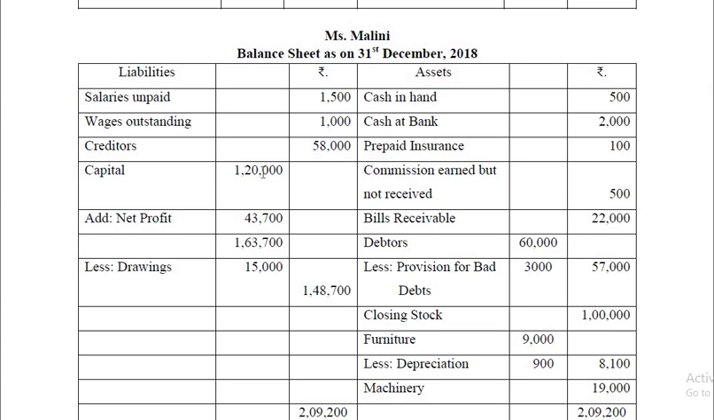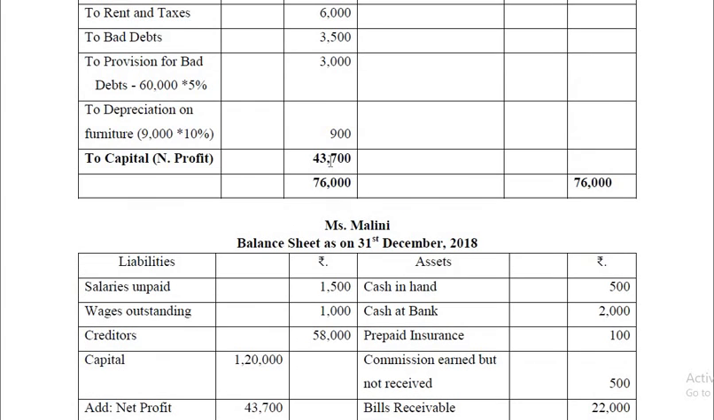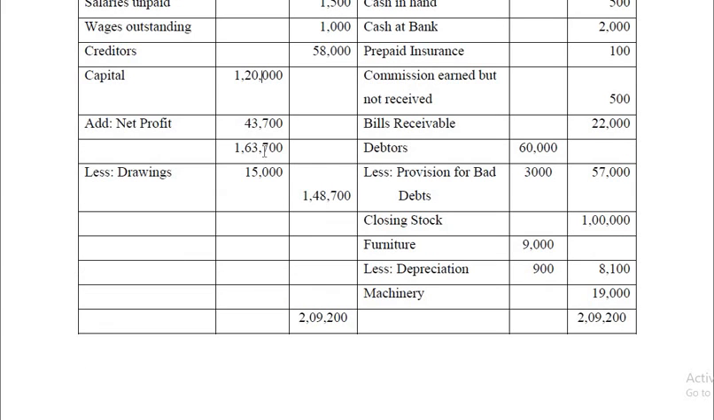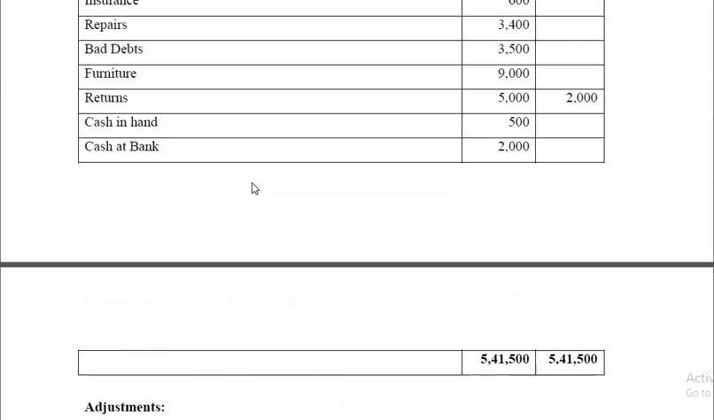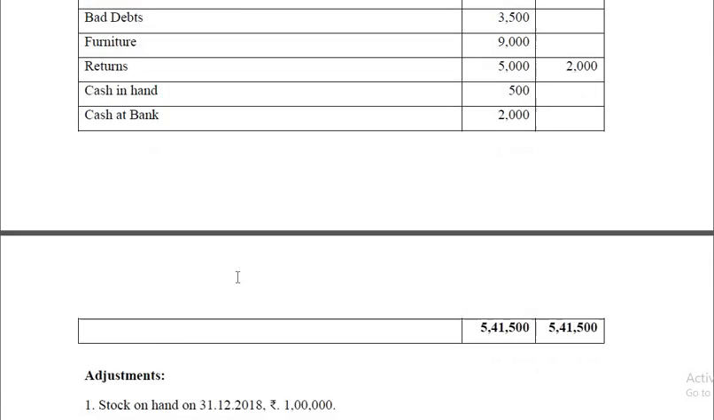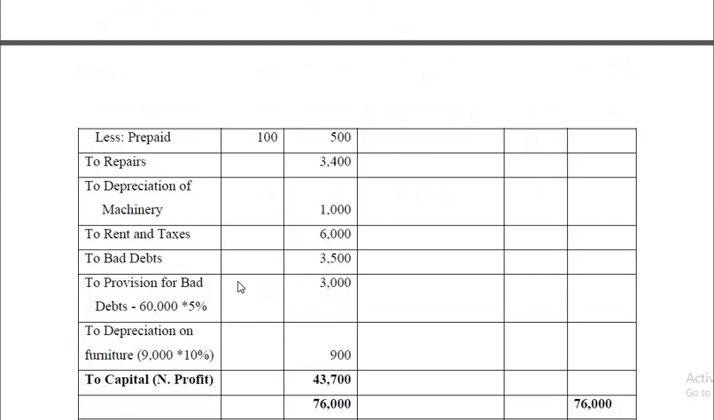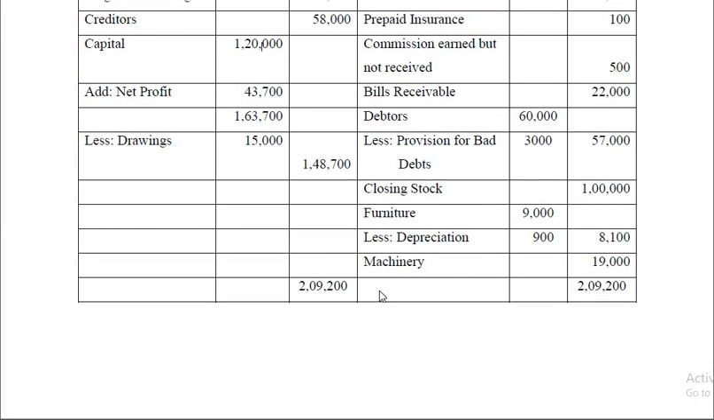Capital as per trial balance is 1,20,000 and net profit as per profit and loss account, look here 43,700. We add that. Then drawings given in the trial balance, you find drawings here somewhere. Okay, at the beginning it's given drawings for 15,000, so that should be deducted from capital and as a result net capital is 1,48,700. So if you go for totaling, total is 2,09,200. So balance sheet tallies. So that's about the solution to this particular